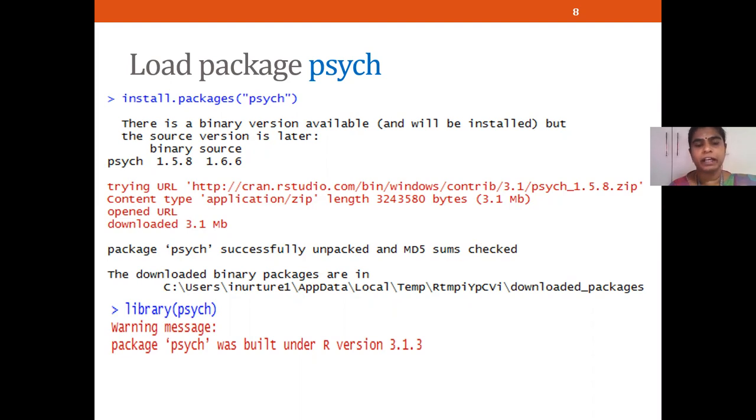You should make sure that your system is connected to the internet. The packages will be downloaded from the web portal, that is cran.rstudio.com. So the library files are available on the web. If it is connected to the web, then the packages are downloaded and automatically installed in your R.